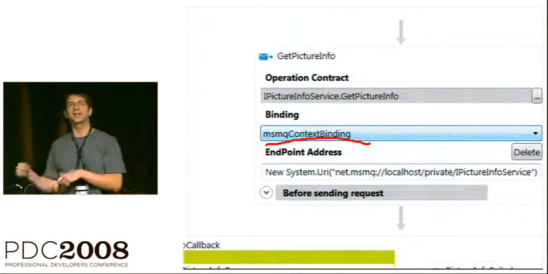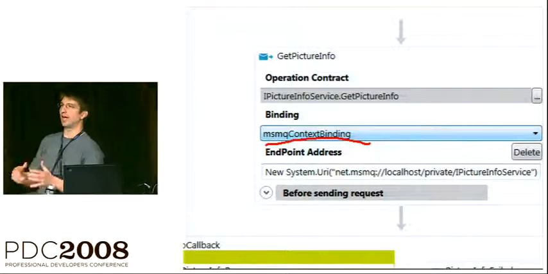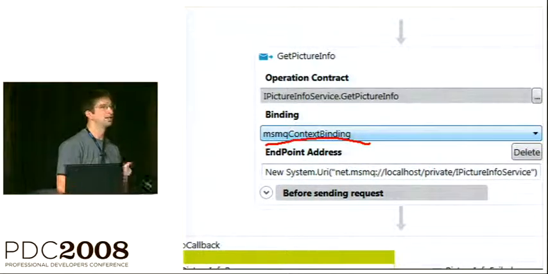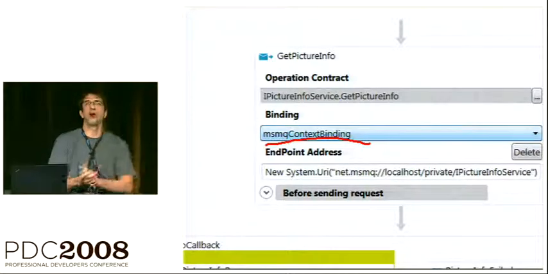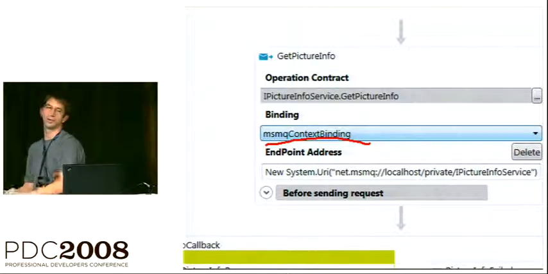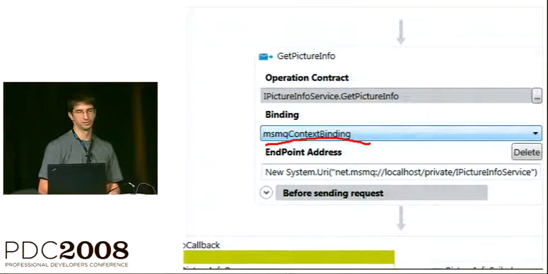I don't have to express that because the channel has a fixed way of establishing correlation, and it's just going to contribute a correlation query that the dispatcher is then going to use. The messaging activity is going to use it to evaluate over the outbound message and associate that message with this instance.